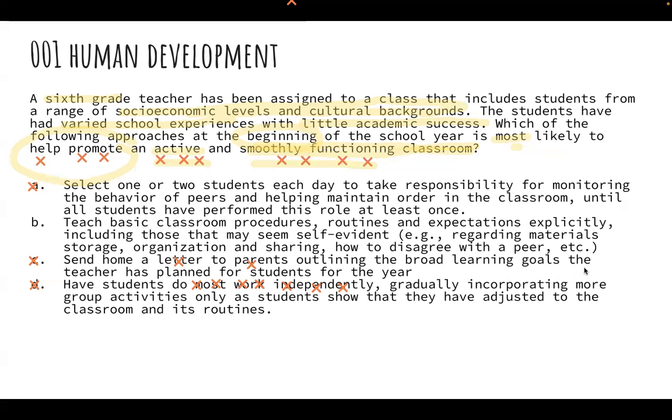But sixth graders, all children need procedures. High schoolers need procedures. What do I do if Miss Sauceda's out and I want to turn my book in and get a new one off the class library? There's a procedure for it, and that procedure becomes routine after it's done so many times. Procedures and routines are important developmentally for early child, middle school, and high schoolers, but specifically for early child and middle school, sixth graders,